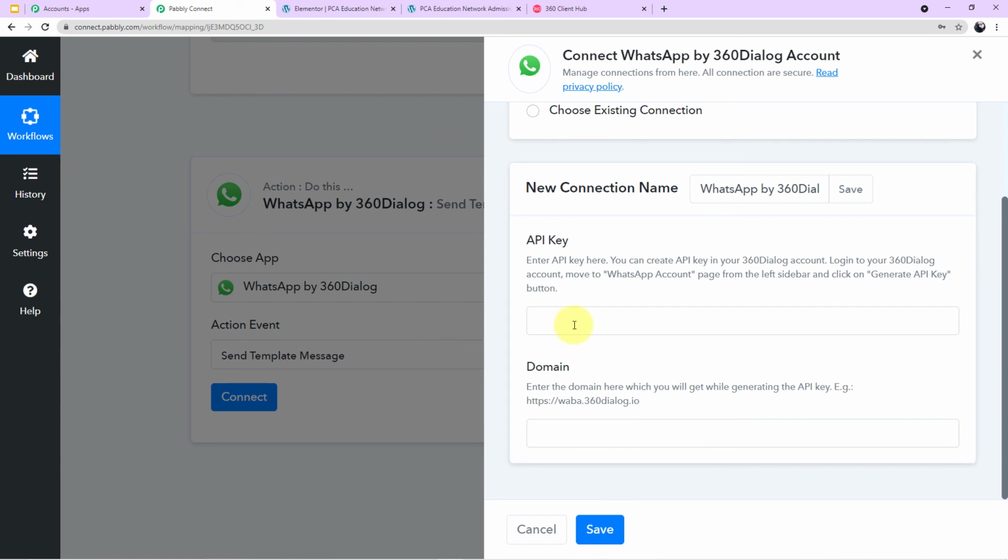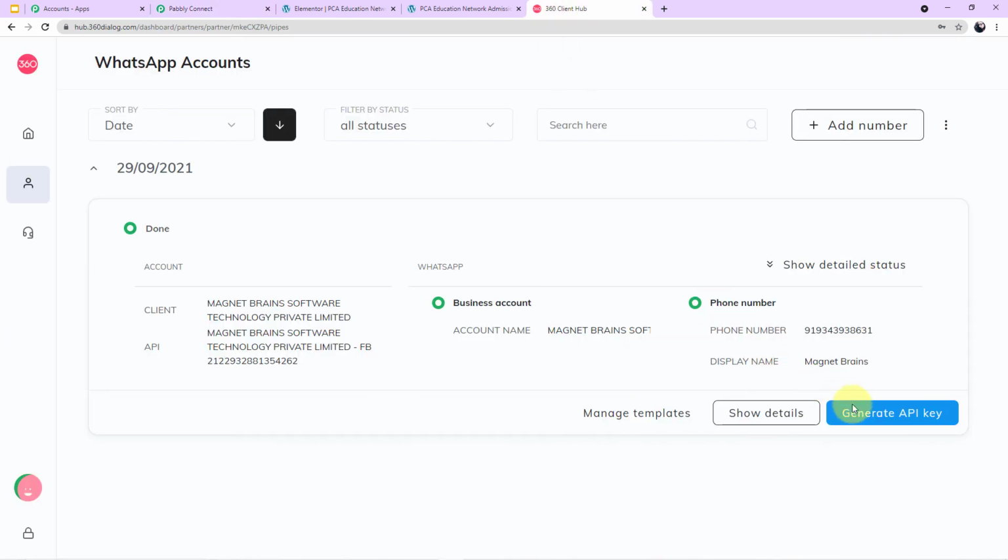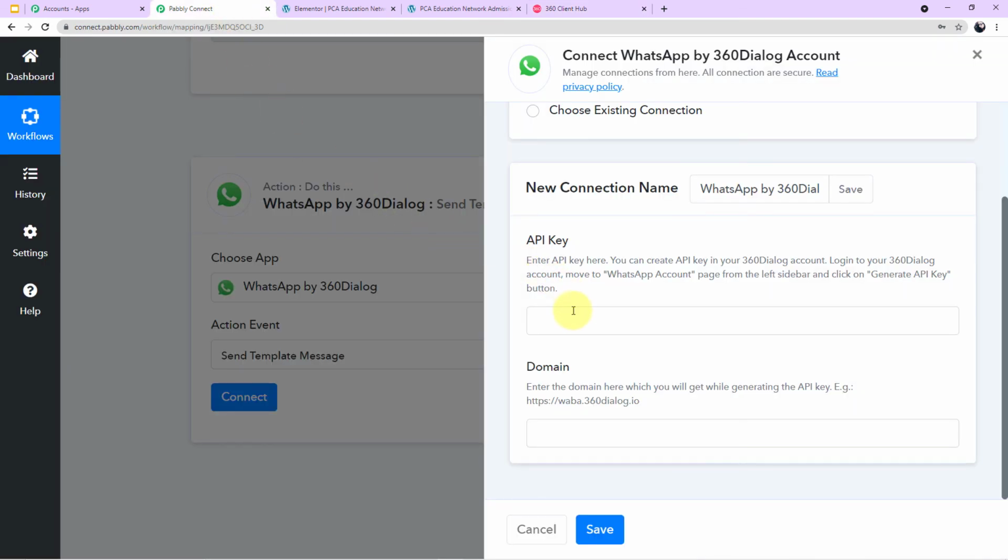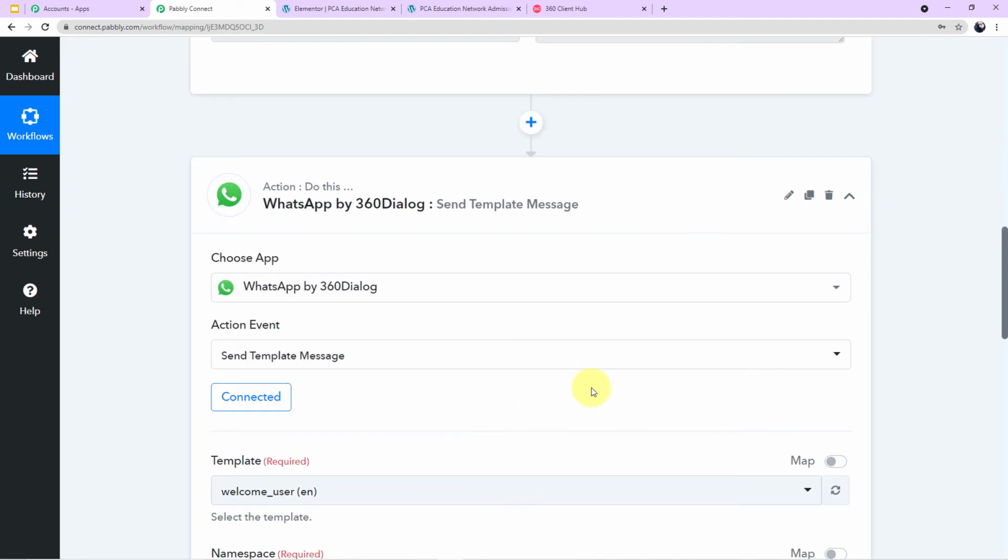Because of some security reasons, I cannot show you this process, copying of the API key and domain. And let me tell you, I have already generated my API key, so I will not click on this button. I have copied my API key and the domain already. So I'll come here and I'll paste it accordingly, and now I'll click on save. So guys, we'll meet directly in our workflow. Okay guys, as you can see on my screen, I have successfully entered into my workflow once again. Okay, it was a very simple process.